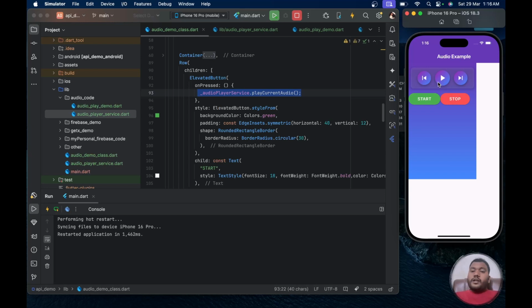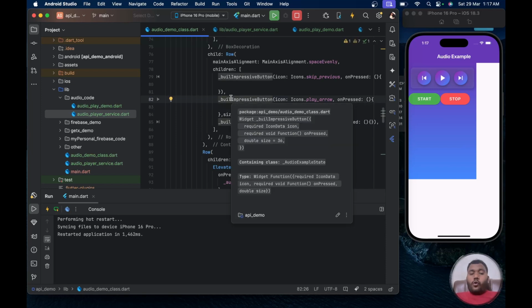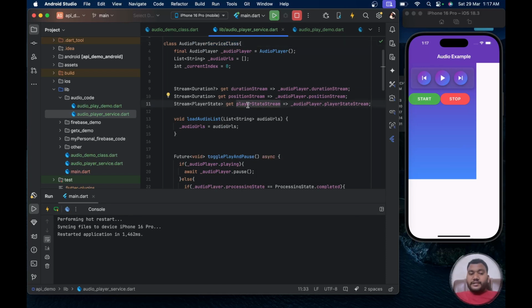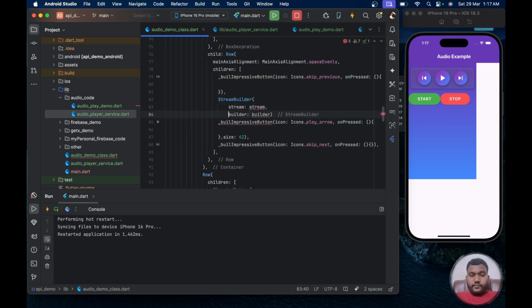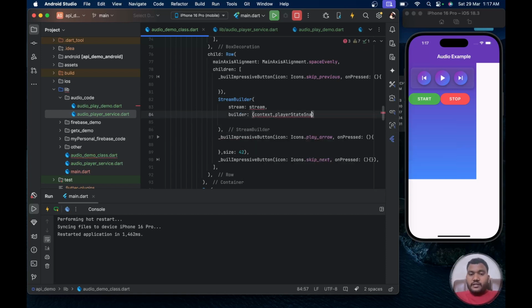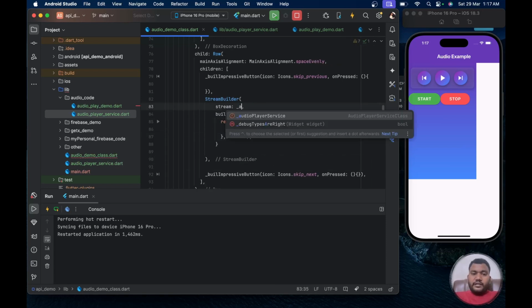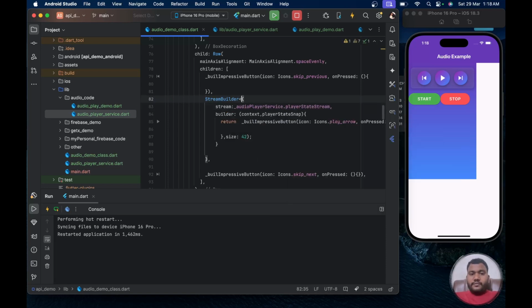Now we want to play and pause from here. So how can you do that? We call our play arrow from here. As we already know, we define our player service, and we listen to the player state. So we will listen to this value. Here we will use our StreamBuilder class. We call StreamBuilder like this, with context and playerStateSnap, and we will return a widget here, and we will listen to androidAudioPlayerService.playerStateStream, and we will find the player